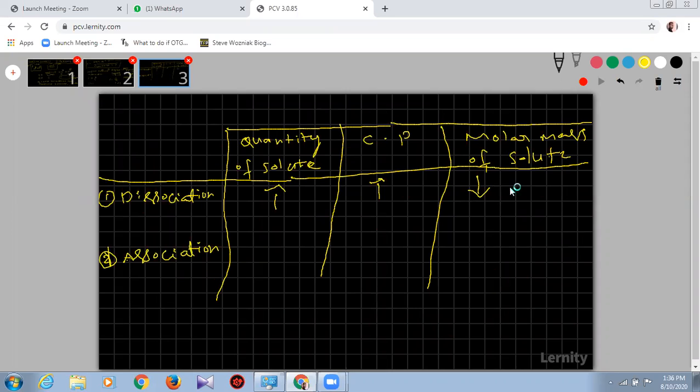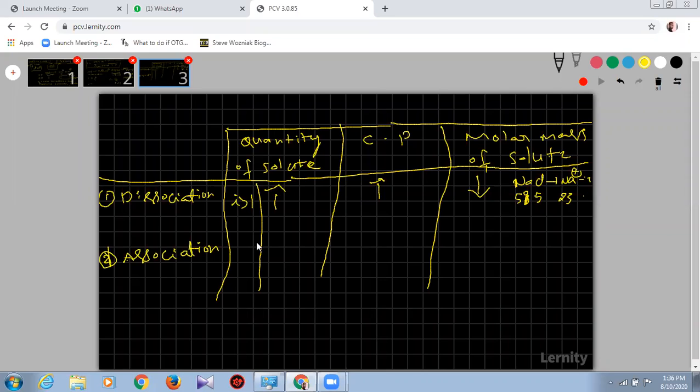You know the reason here. NaCl becomes Na plus and Cl minus. This is 58.5, and it becomes 23 and 35.5. This is the case you can observe here. Next, I will write one more column, the Van't Hoff factor i. It is always greater than 1 in dissociation. You can write down like this.